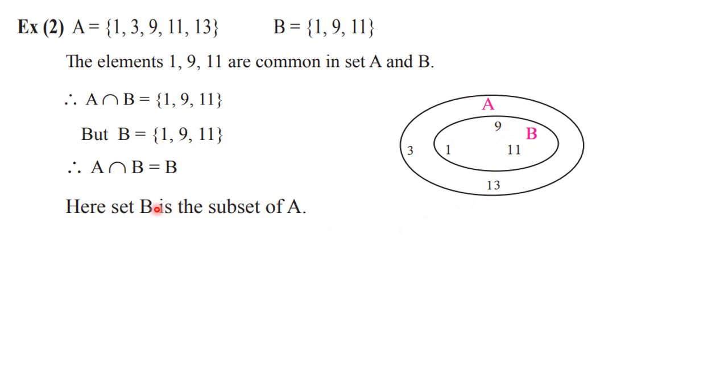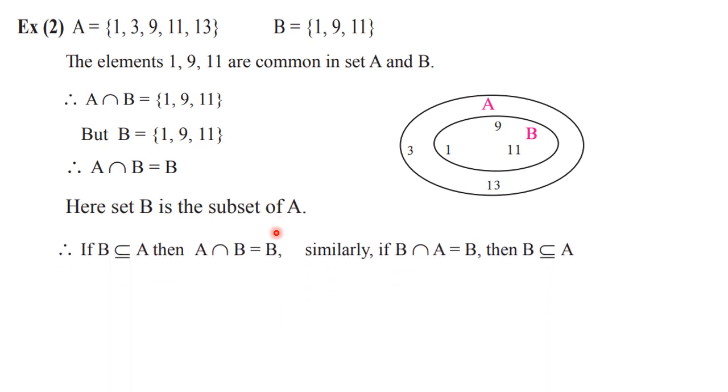So what we can say is, if B is a subset of A, then A intersection B is B itself. The smaller set is intersection here. So if B is a subset of A, then A intersection B is B. And opposite to that, if A intersection B is B, then we can say that B is a subset of A. These two are converse statements, as I have told you. Okay, so these things you have to keep in mind. Now let us go further and we will try to learn the properties of intersection of two sets.